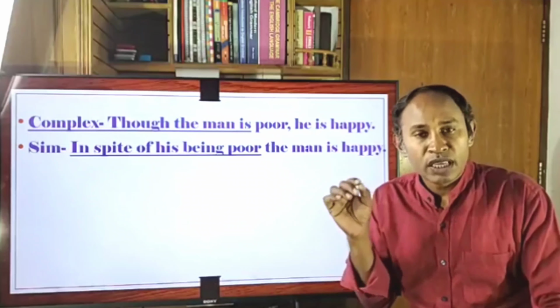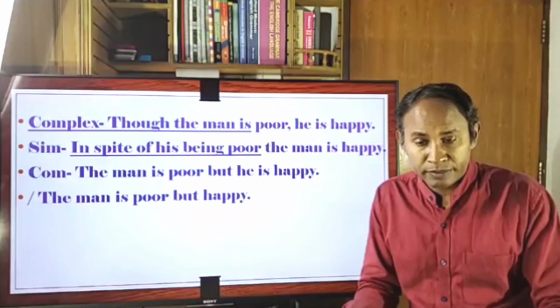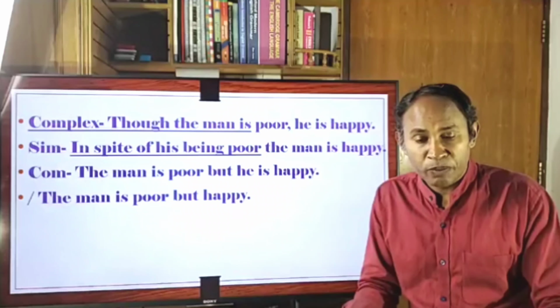Okay, in spite of his being poor, the man is happy, or you can also write the man is poor but he is happy, or you can also write the man is poor but happy. Okay, so in this way you can make it compound and simple. Sorry, compound and simple, I'm sorry. And then your software is there,